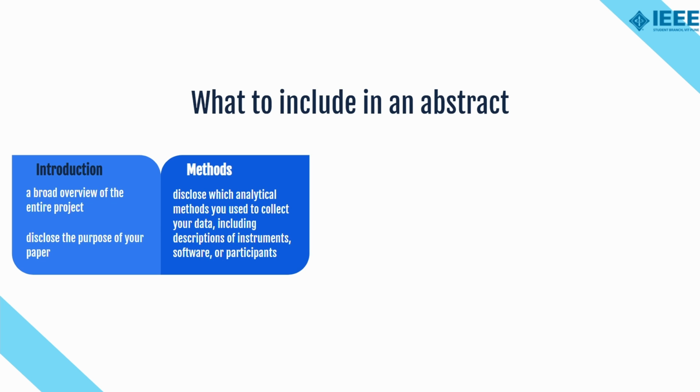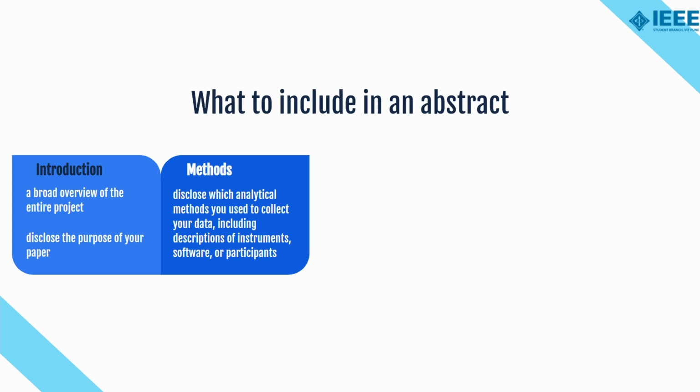This section covers the methodology of your research, or how you collected the data. This is crucial for verifying the credibility of your paper. Abstracts with no methodology or suspicious methods won't be taken seriously by the scientific community. If you are using original research, you should disclose which analytical methods you used to collect your data, including descriptions of instruments, software, or participants. If you are expounding on previous data, it is a good place to cite which data and from where